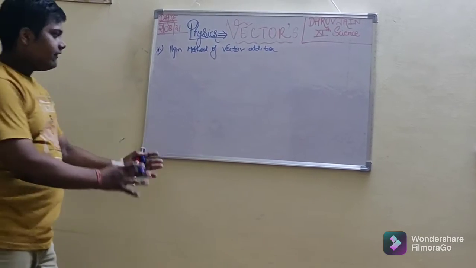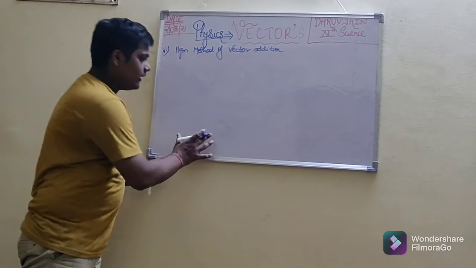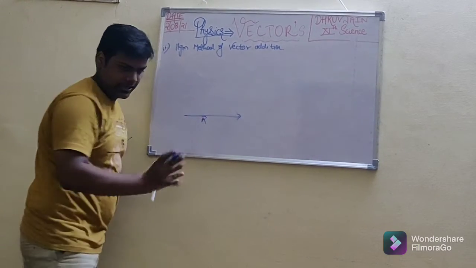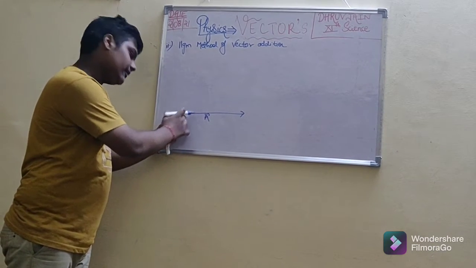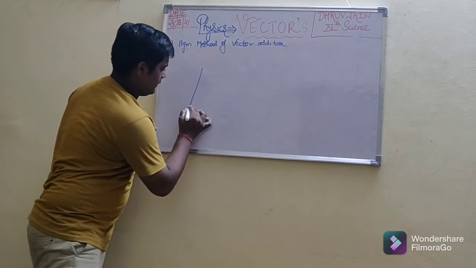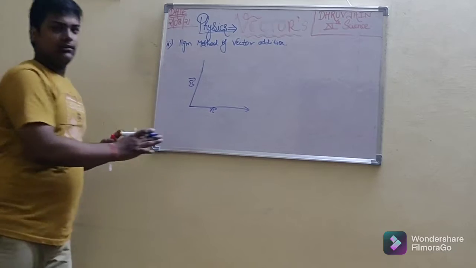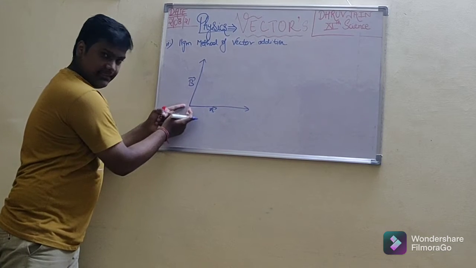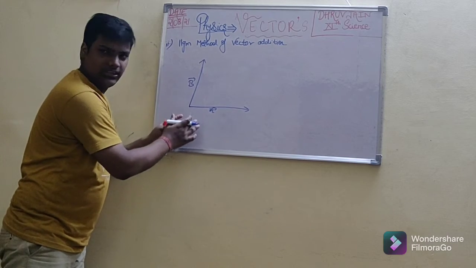In this, we will take two vectors similar to what I have taken before, but we will not attach the head and tail. Firstly, we will take a vector A and attach the second vector, vector B, at the tail of vector A. What I have done is take a vector A and a vector B and attach the tails of both vectors together, which are co-initial. We can say that it is a co-initial vector type.